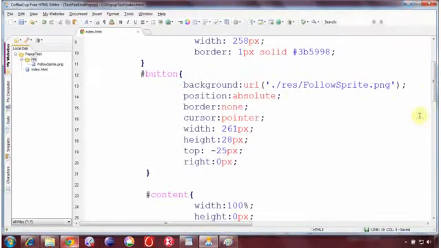Now here is the small logic that is required, so that when you point your mouse over here and click on it, the content should appear, and when you click again, the content should disappear. At the same time, the button should change. It is the first half of the button you are displaying; when you click on it, the second half should be displayed. How exactly is this going to happen?